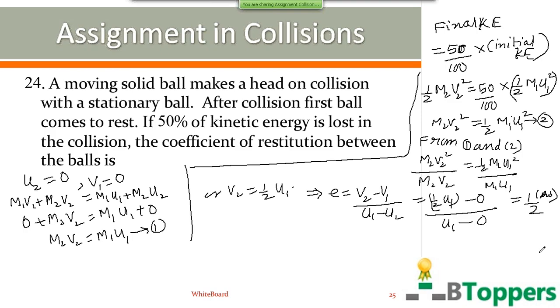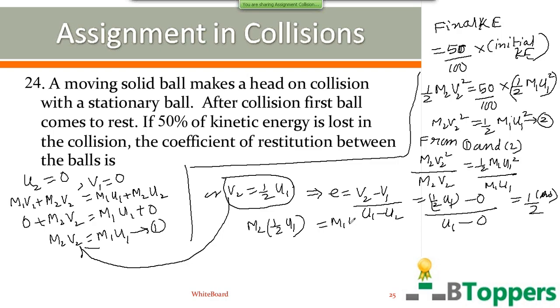In case you want to find the ratio of the masses of the two balls, you can also find that. Of course, that's not asked. For the given problem, 1 by 2 is the answer. But in case you are asked to find the ratio of the masses of the two balls, that can be found by substituting v2 equal to half of u1 in the first equation. You get m1 by m2 is equal to 1 by 2, or m2 is 2 times m1. If you want to copy the solution of the problem, you can pause and copy it.